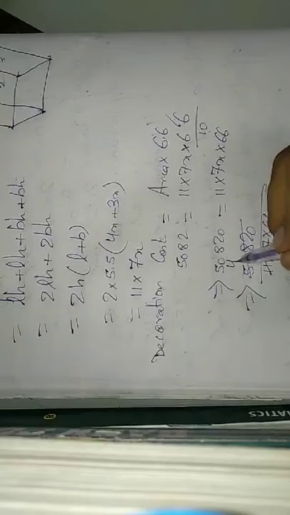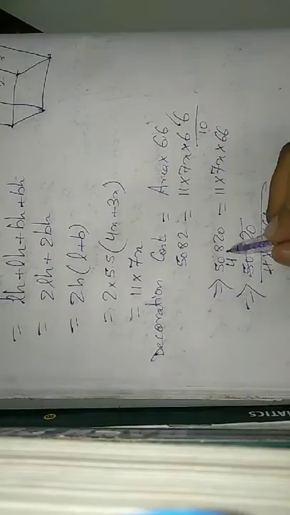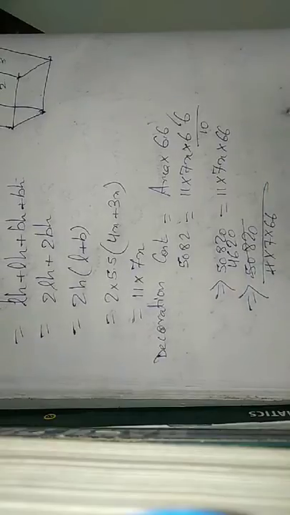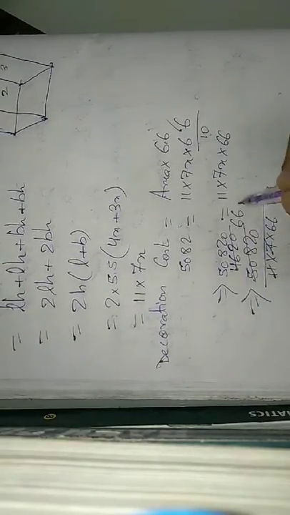Okay, that's great. It goes by 11. 11 4s are 44, from 50 means 6 is left, 6 and 8, 68, 11 6s are 66. Again 2 is left, 22, 11 2s are 22. You got 4620. Now you see, can it go by 7? 7 6s are 42, from 46, 42 means 4 is left. Again this 4 and this 2, 42, 7 6s are 42. It's 0. 66 and this is 660, 10 times.